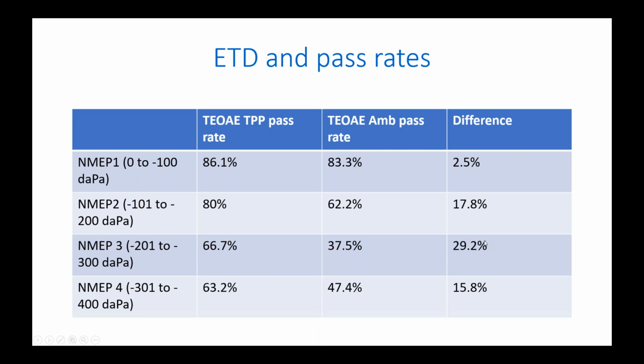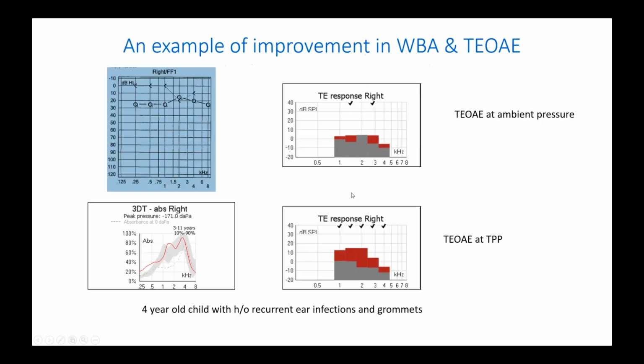So which means that you get a child and you suspect eustachian tube dysfunction, C-type tympanogram, and you do OAE, and then the child doesn't pass. Let's take an example here. So this is the child. It's got a slight conductive component in there, and you measure TEOAE at ambient pressure, and the child has not passed the OAE, because it's not present across the whole frequency range here. And then you pressurize the ear canal, and when you measure at TPP, you can see that the TEOAE